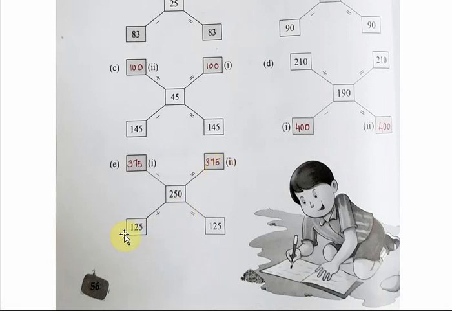See here, this is the sum. In this subtraction, the minuend is missing. So what will be the minuend? The minuend will be equal to the sum. So you can write 375 here, because 375 minus 250 is equal to 125. In order to get the minuend, what do we have to do? We have to add the subtrahend and difference. That means 250 plus 125. You will get the answer 375. Okay, I hope you understood this one.